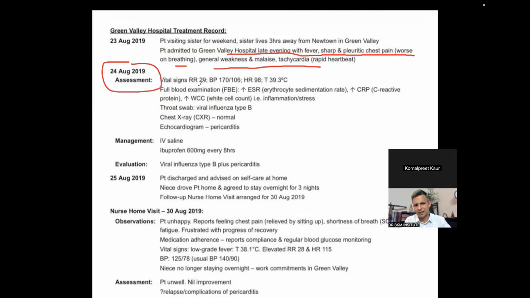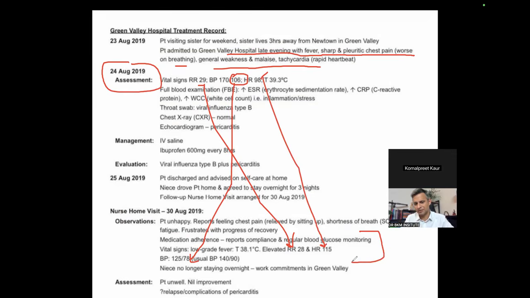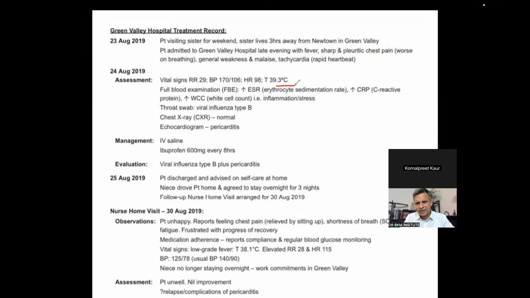Next day, her vital signs were again respiratory rate. It's almost the same. Respiratory rate elevated. Blood pressure was higher though, but if you check the diastolic, it was a little lower. So yeah, it's still persistent with this kind of a blood pressure. Temperature higher, heart rate high. But if you see the lower condition, today's condition is even more critical because of respiratory rate and all that, and even temperature was higher in this case. But yeah, otherwise both are critical, but heart rate is very fast over here, it was 98, so it's kind of similar. Yeah. So basically when she went to this Green Valley Hospital 7 days ago, these tests were conducted